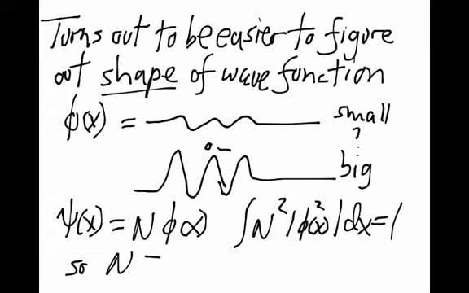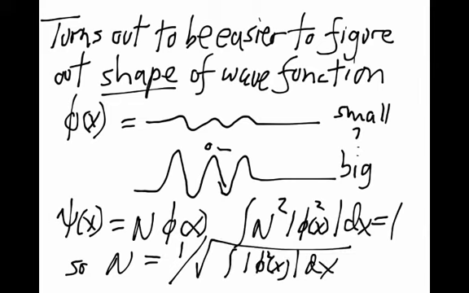So the N squared there is going to come out of the integral. And then just by simple division we get N, and because everything's squared we have to take a square root. So it's 1 divided by the square root of that integral of the magnitude of phi squared, the unnormalized wave function squared. So to normalize an unnormalized wave function, you just integrate that unnormalized wave function squared, take a square root, and turn it over. Take 1 over that, and then that gives you the normalization constant N, and you can multiply the wave function by that value.